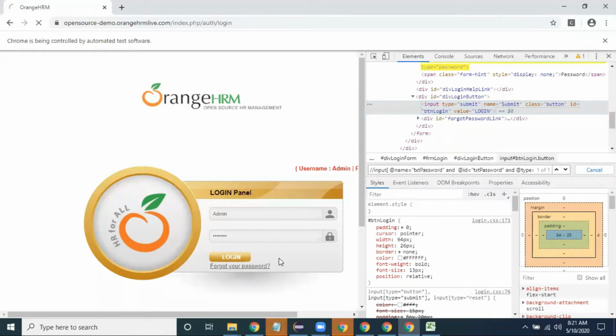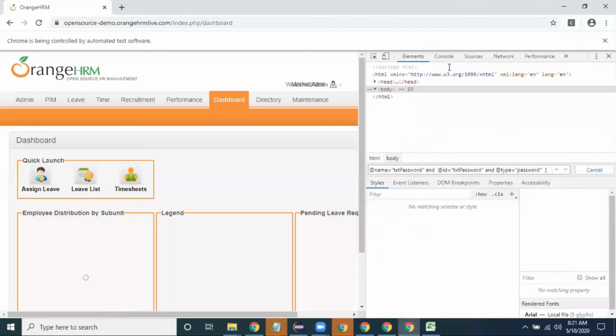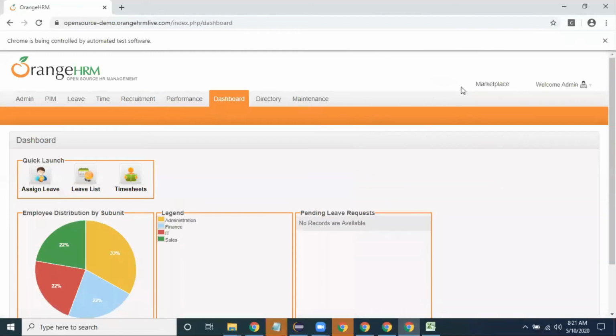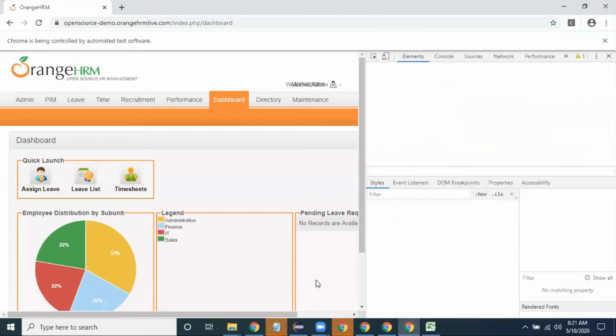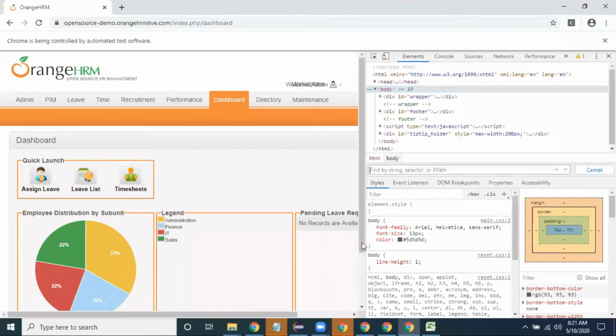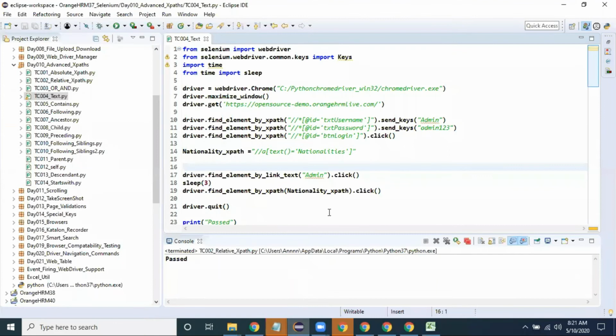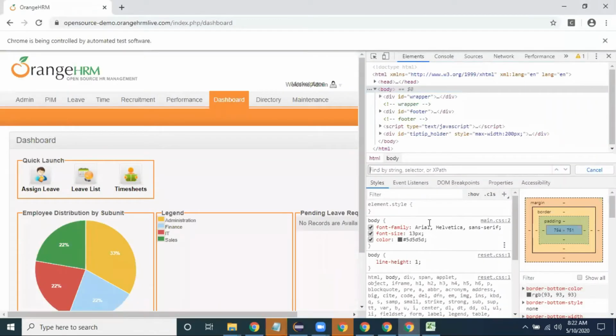If you are able to see any label or hyperlink information on a particular web page, just right click and click on inspect, then Control F. This is the XPath I'm using. Text of is a keyword to identify web elements on a web page.